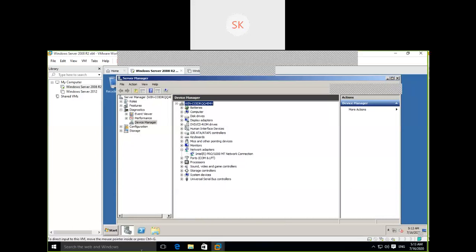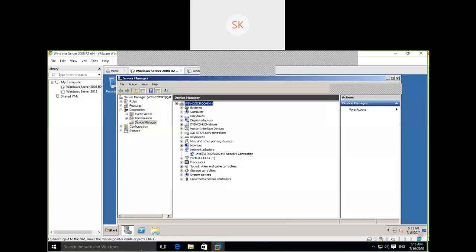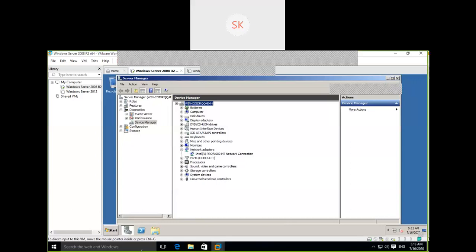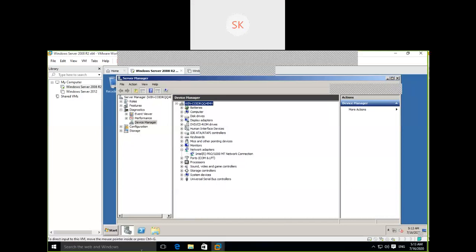By default, certain operating systems provide a default driver. If it is not able to provide a default driver, we need to download the driver and install it for the respective device, for a better handshake with the operating system.